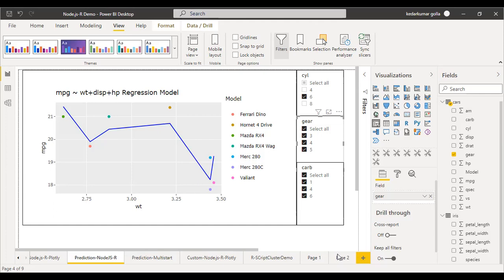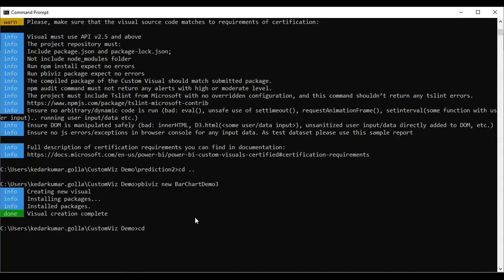But the main thing is, I've already told you that we are trying to create a web page here. So for that, we need to create a virtual web server to activate this visual. That can be done using our command prompt. So we need to go to our command prompt and enter into the folder we have created just now.